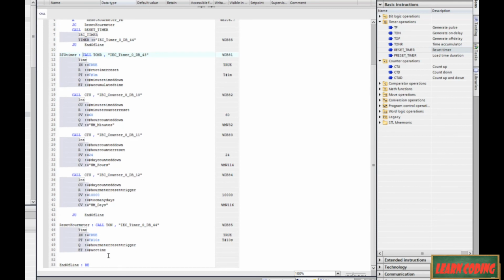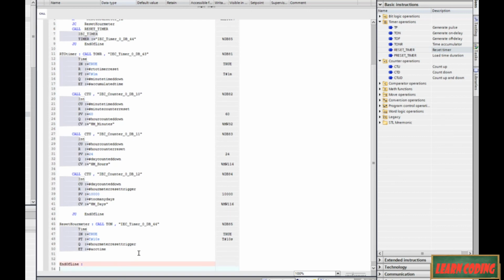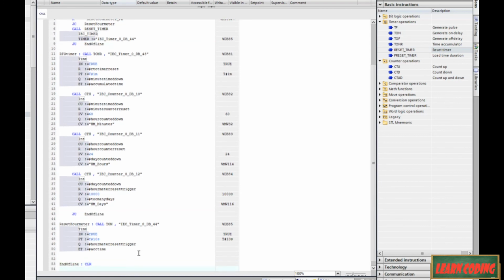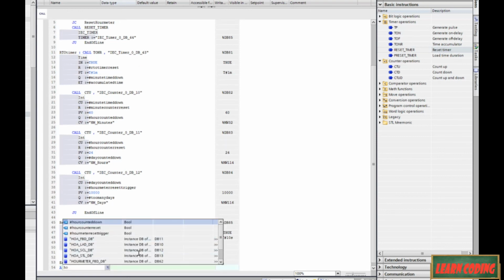So now the only other thing we have to manage is when do we reset all of these different timers and everything. And I think we do that down here at our end of line. So this is where we're going to put all of our evaluations and decide what needs to be reset and what not. So we're going to get rid of that block end, and let's clear out our register, and then we're going to say